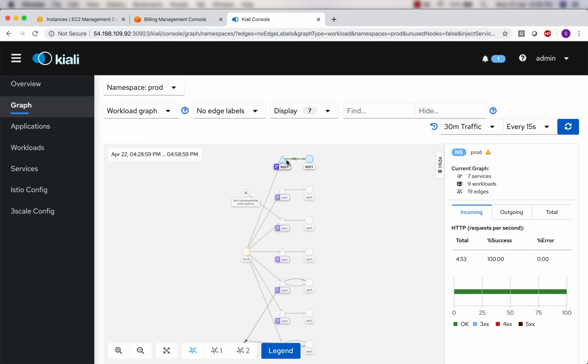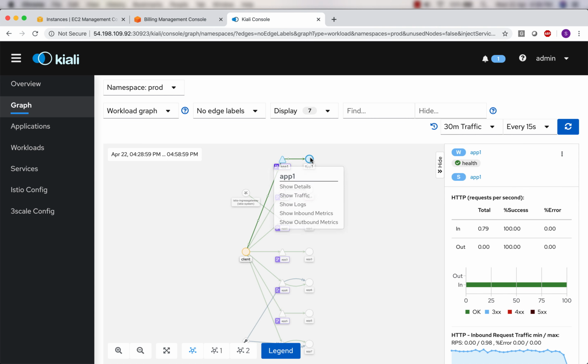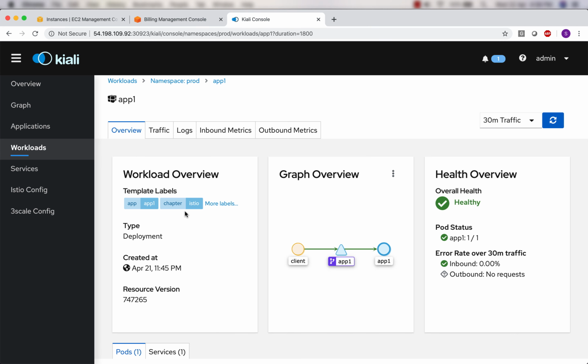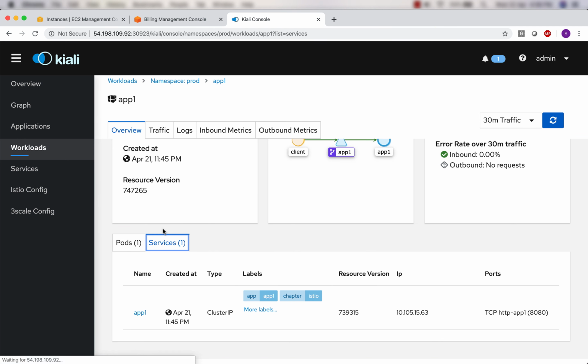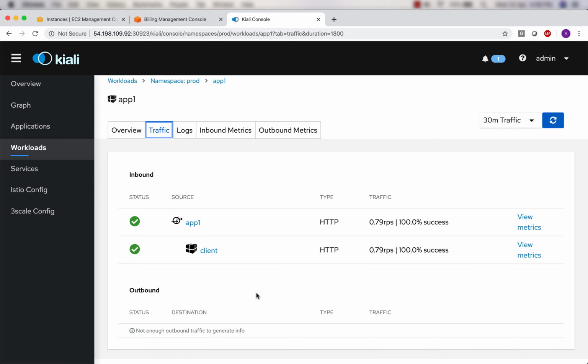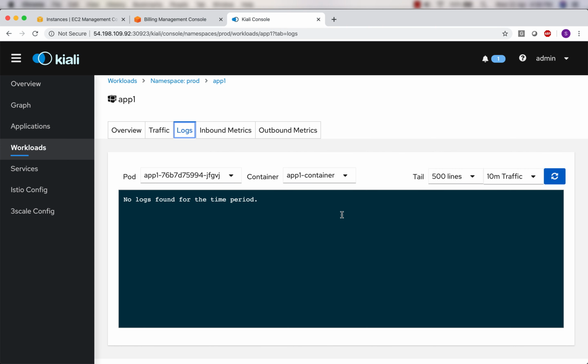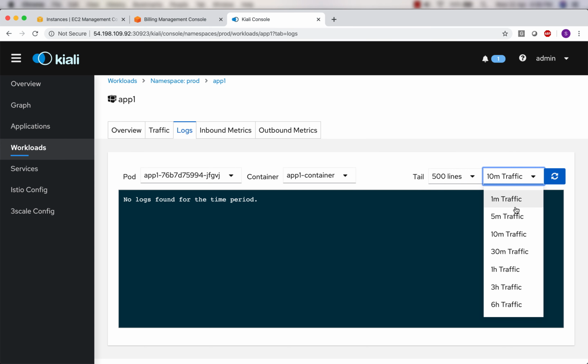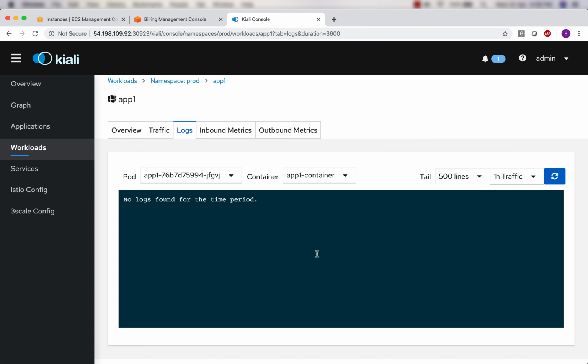So these are the various services and this is the deployment. You can again do a right click, do show details, and it will take you to the details. This is the workload graph, which is of type deployment. This is the pod. It is related to this service. There are labels, there's traffic information, and interestingly, when you use this workload graph, there's logs also. So currently it's not finding any log because of course there's nothing that we have done, and the application is very straightforward. So that's why it is not creating any log.